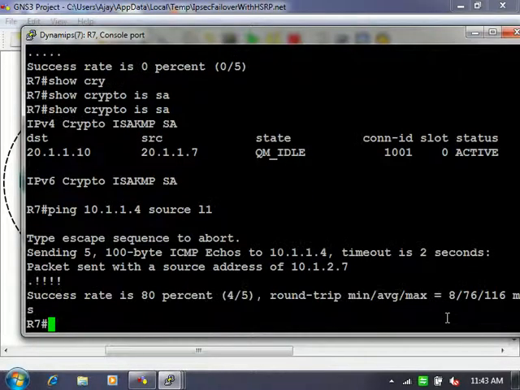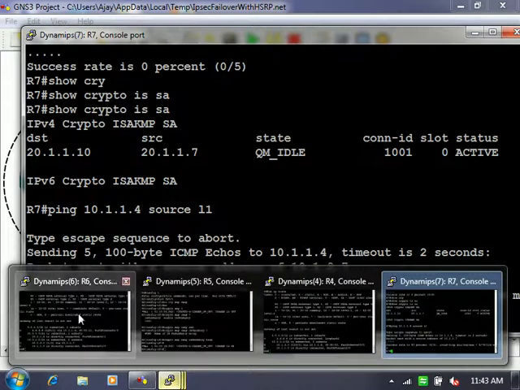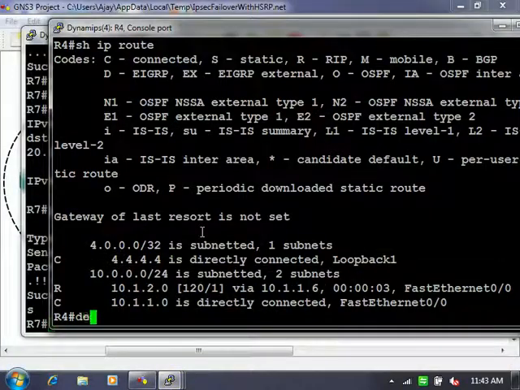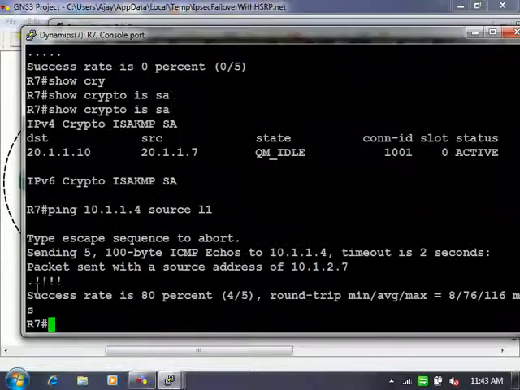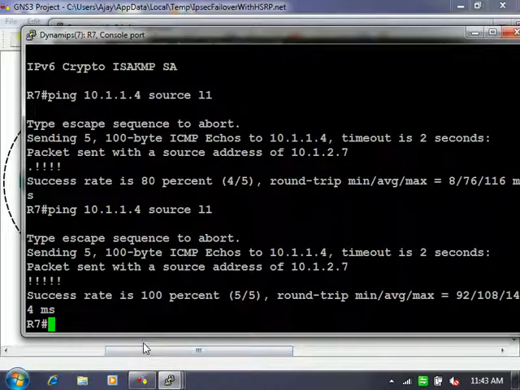Debug IP packet. From here again you check it. What source address should you get? Sorry, 10.1.2.7 is the source address. What did we enable?